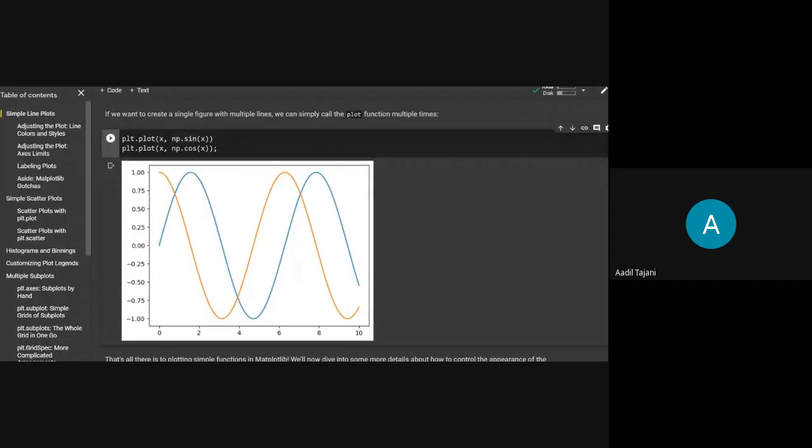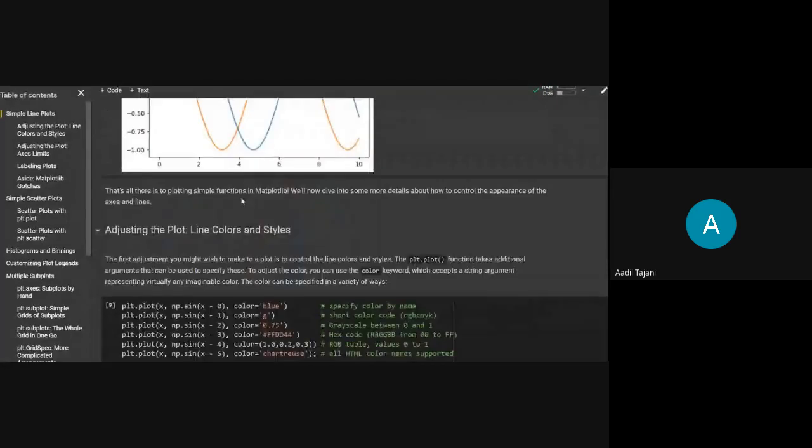Then for y, I'm passing the sine function on that NumPy array. And for the other plot, I'm passing the cosine function. As you can see, it has created the sine curve and the cosine curve simultaneously on that same canvas. So if you call this plot function multiple times, you can plot different things on the same figure.